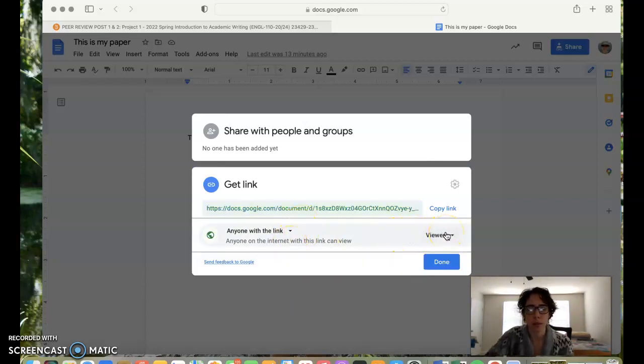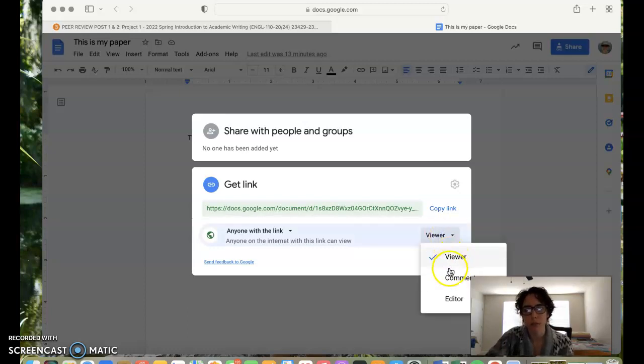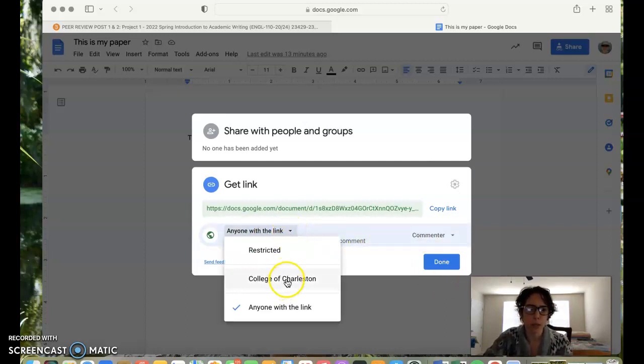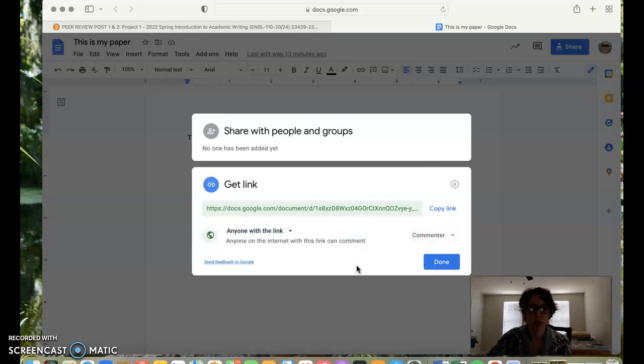And then for your paper, normally if you're just sharing a document and you only want the people to be able to read the document and that's it, you can leave it as viewer right here. But for this class, you need to make everybody a commenter. The other option is to make them an editor, which you really don't need to do. So make sure it's commenter and make sure either anyone with a link or anyone at C of C can view your paper, and then go ahead and copy the link,